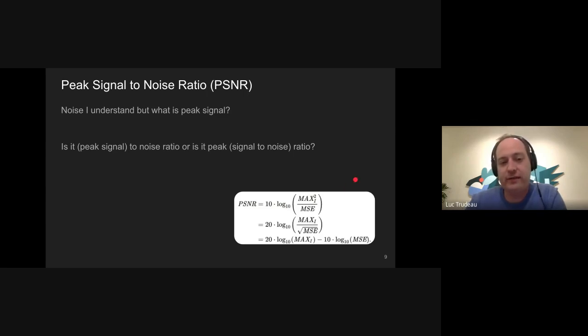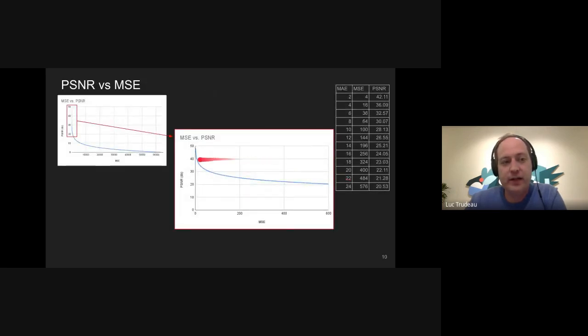So it's easy to map PSNR to MSE. I've done this here. This is the entire range of PSNR and MSE. But usually when we use it, we'll only use from 50 to 20. Below 20 is considered really bad quality. So I've blown this up here. You can see this is usually the part we'll use. From 50, which you can see is almost 0 MSE, as the MSE goes up, we see that the PSNR goes down. Right? And I've put some numerical examples here if you want.